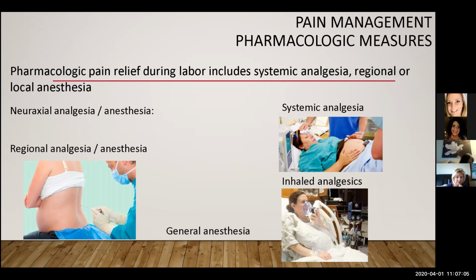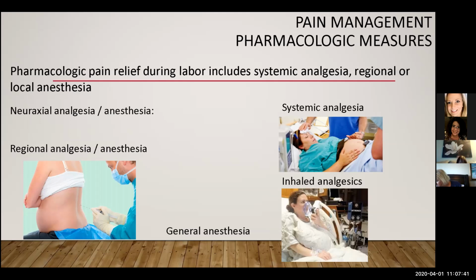So opioids such as morphine, Stadol, or Nubain, antiemetics such as Vistaril, Phenergan, or Compazine, or benzodiazepines such as Valium or Versed are common meds used for systemic analgesia. All meds given during labor end up crossing the placenta and can have that depressant effect on the fetus. So it's important that women receive the least amount, remember, start low, go slow. So the least amount of systemic medication that relieves her discomfort so that it does not cause harm to the